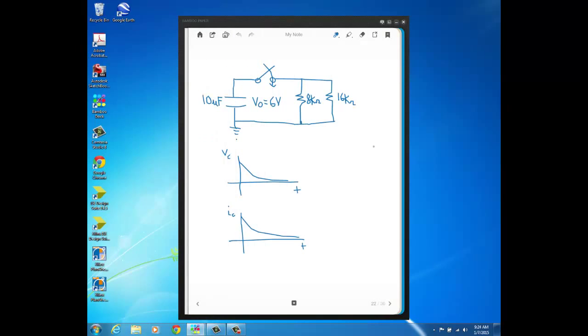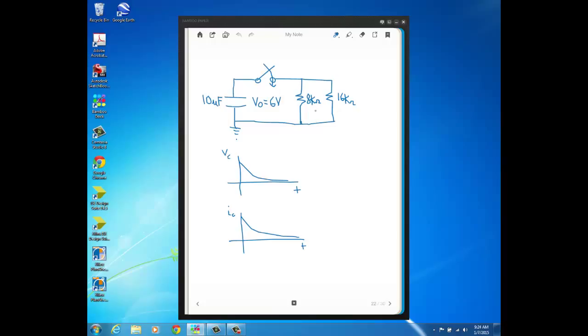Okay, this problem right here, where we have a capacitor that before t equals 0 has been charged to a voltage of 6 volts. So here's a capacitor that has initial stored energy. Since there's an initial voltage across its plates, it's storing energy initially. And at t equals 0, we're going to connect up this initially charged capacitor to some resistors, the 8K